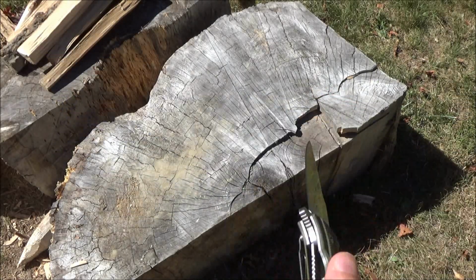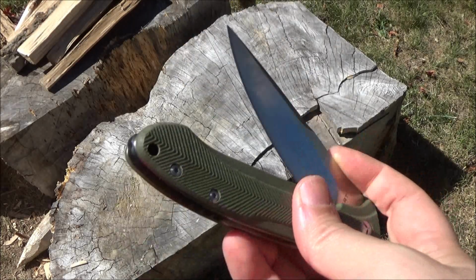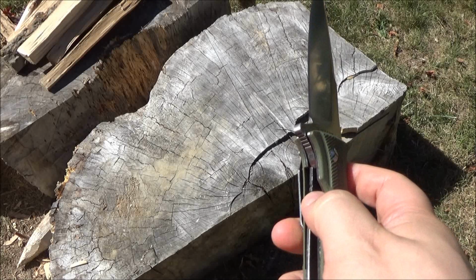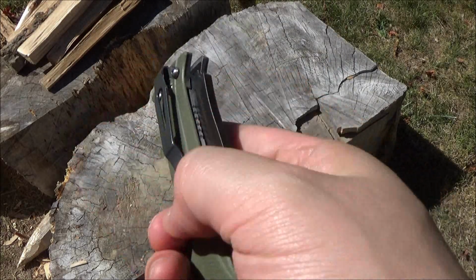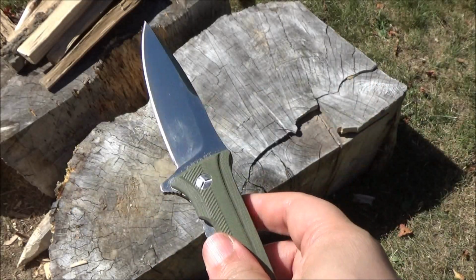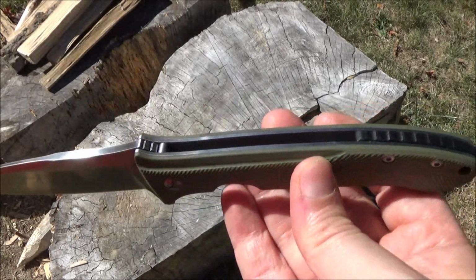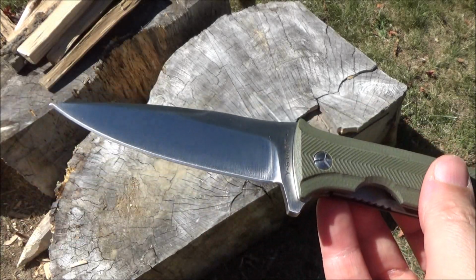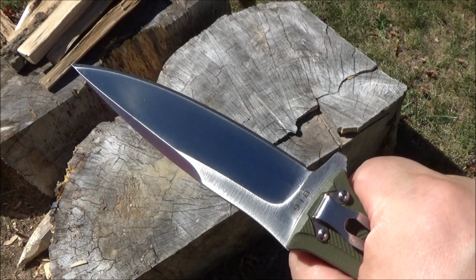So yeah, this was a surprising find. I had never heard of Y-Start, but now I'm glad I have, so I'm definitely going to keep an eye out on that brand because this is an excellent tactical folder. The ball bearing system, that's awesome. It flips very smoothly. It came sharp. If this was a Cold Steel, it would be about 3 times the price, and it might be AUS 8. So I think you're getting a good deal,